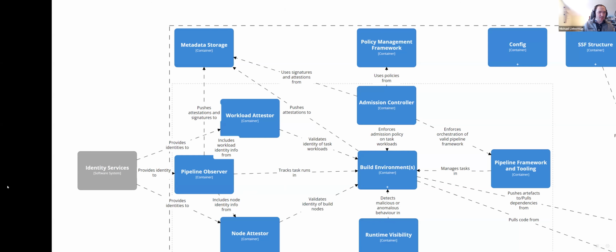But when we go a level down into what the Secure Software Factory is, like what's actually happening in the middle there. Well, in the center here, it's the core of what you would imagine your CI or your build system is: I have one or more build environments, building code, running tests, scanning artifacts, whatever, right? And so if I go from the right and then go around counterclockwise,